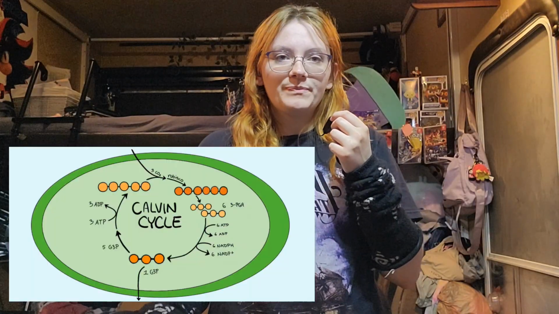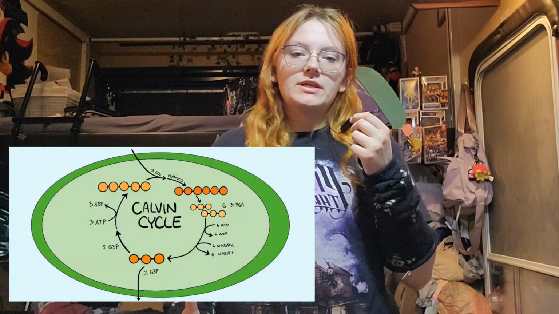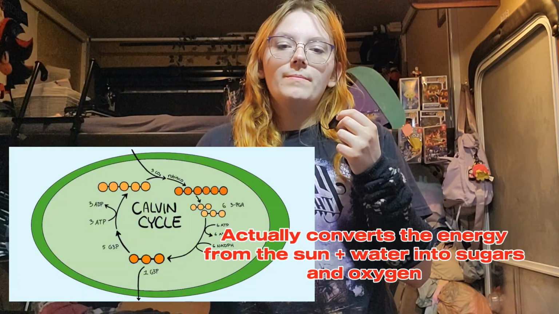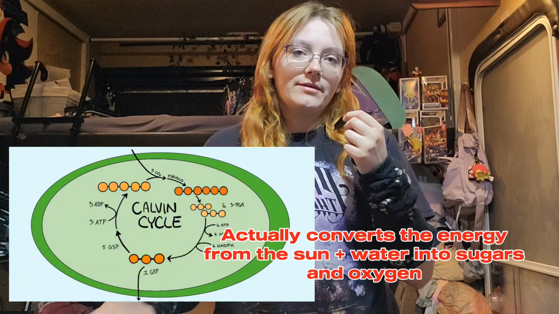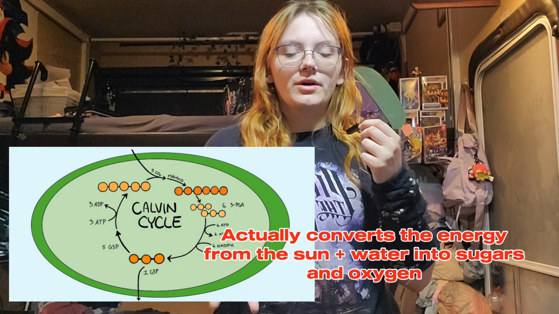After the ATP molecules break the bonds between the water and the sunlight, these are carried throughout different parts of the plants, and there's this whole process that is called the Calvin cycle. Now, the Calvin cycle is this process that converts broken bonds, like the broken bonds of the sunlight energy and the water,